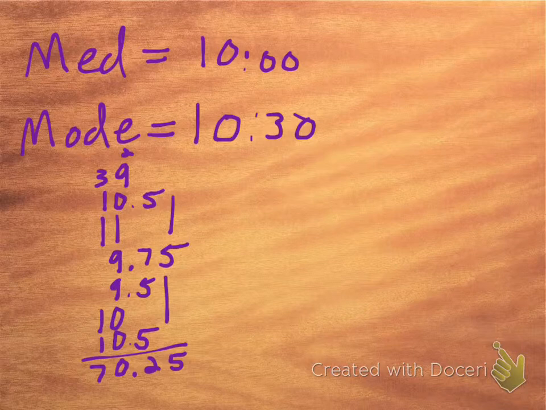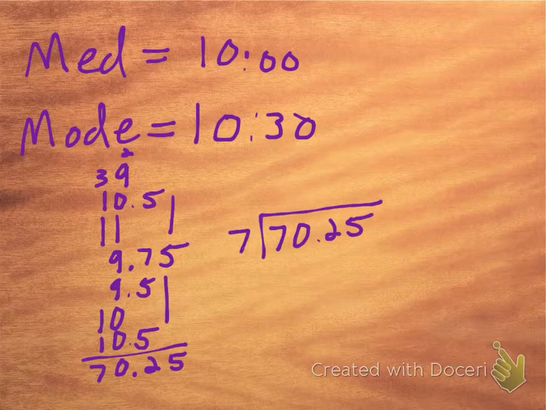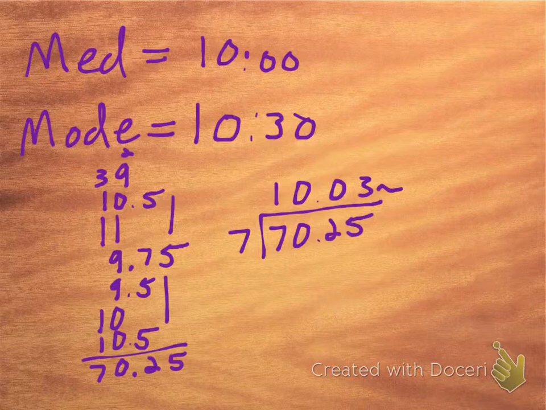How many times overall did we have? 7. So we divide by 7. Alright, and 7 goes into 25 3 times, and it's going to go on a little bit. But we can go ahead and say that the mean is about what time? 10 o'clock. Alright, so now that we know these central tendencies based on these times, we can answer the next